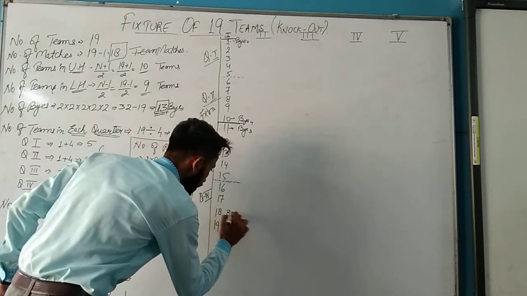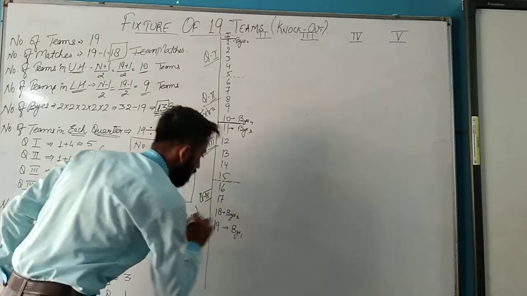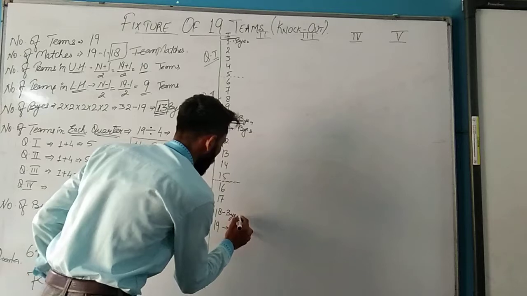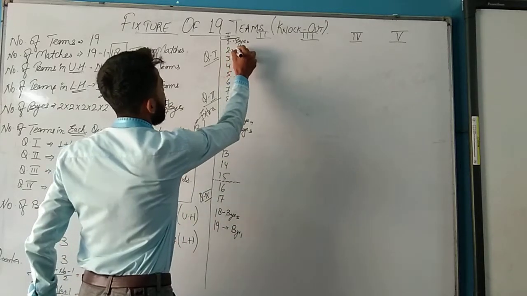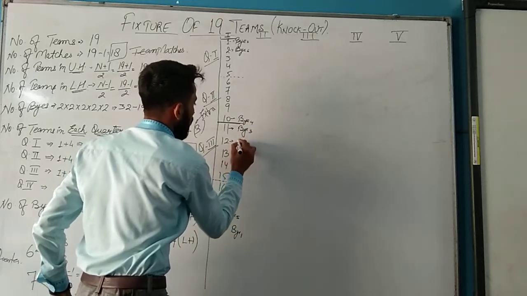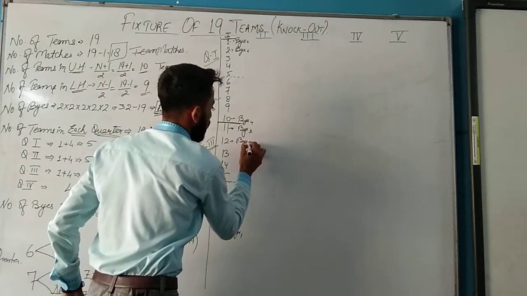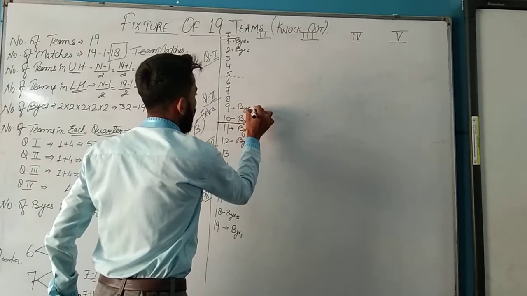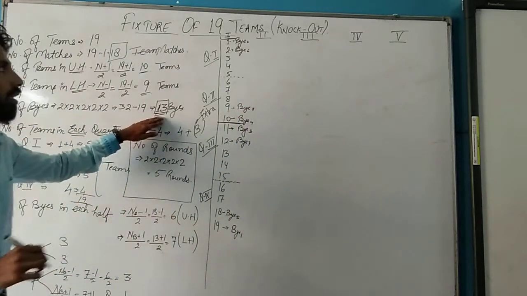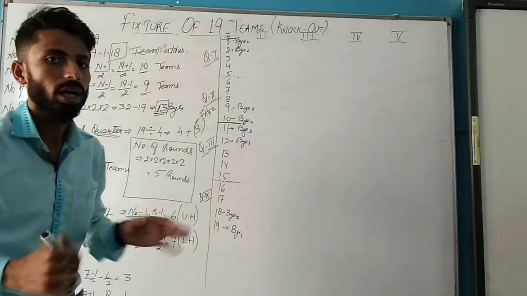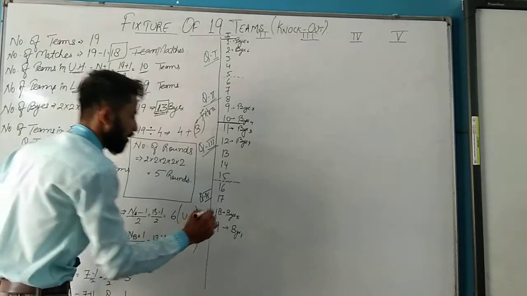Bye 5, total number of byes are 13. So this is bye number 5. This will be bye 6. And this will be bye 7. And this will be bye 8. 13 कर रहे थे, 8 तक के byes हो गए. Means this procedure is again repeated. Again we are moving to the next further byes.